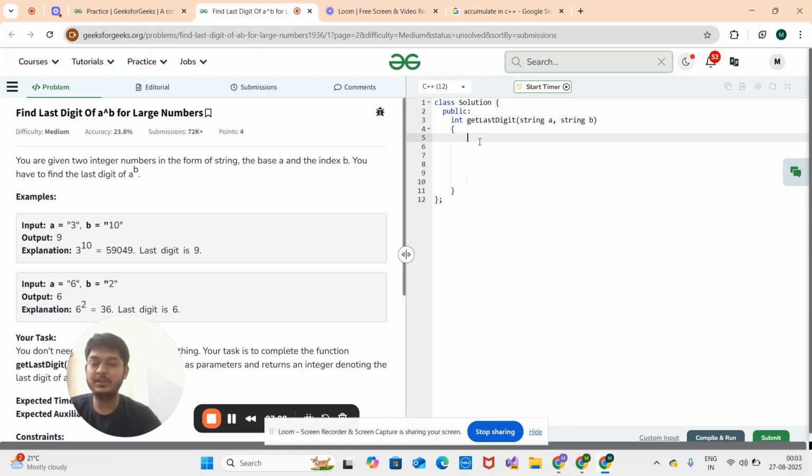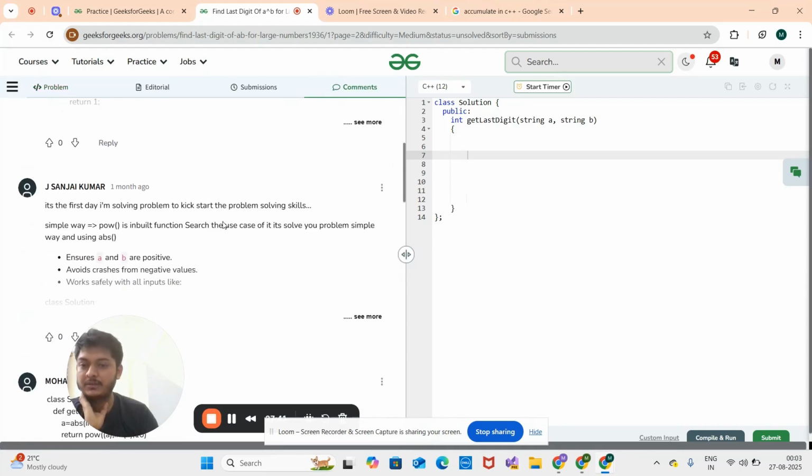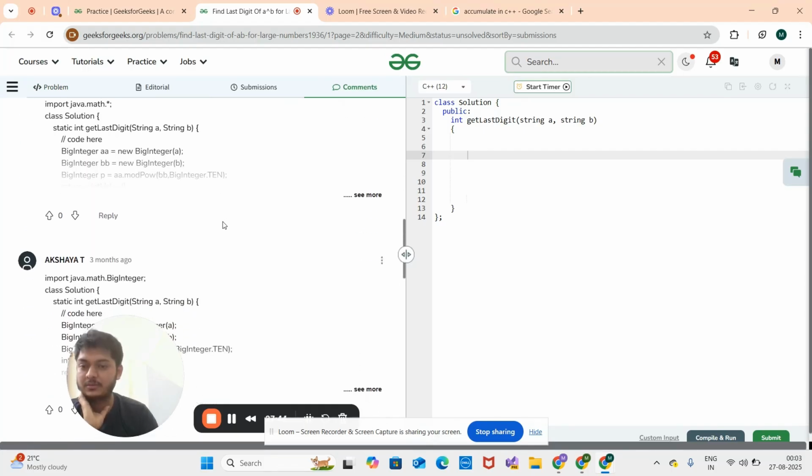Like in this question, nothing but the if else cases will be constructed. For example, in case of 7, the pattern followed is 7, then 9, because 7 times 7 is 49, 9 times 7 is 63, 3 times 7 is 21, then 1, and again 7, 7, 9, 3, 1, and again 7. So I think we can better copy these cases rather than writing all these cases in if and else. Let's check if someone has written all these cases,